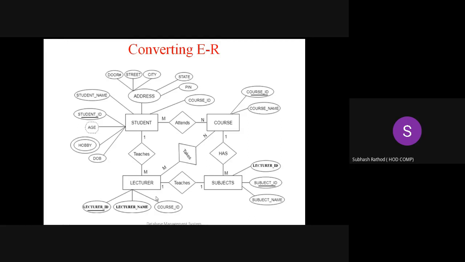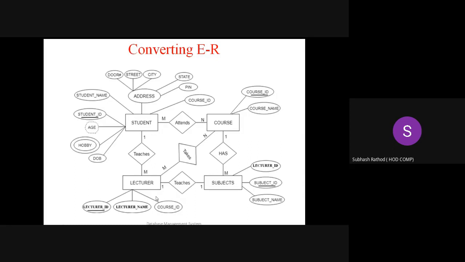Very important step. Somebody may ask you to complete an ER diagram and convert the same ER diagram into the table. So there may be a question in an exam like this: convert this ER diagram into the table. Or they will give you a problem statement: draw the ER diagram for this library database management system, and then this ER diagram can be converted to the table.